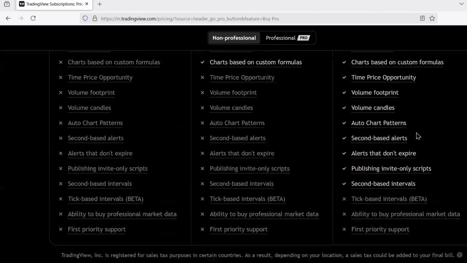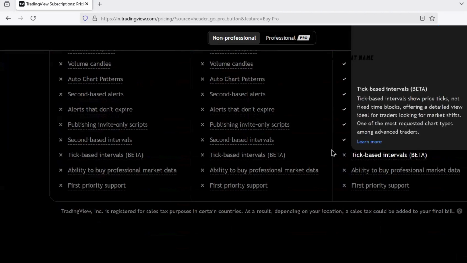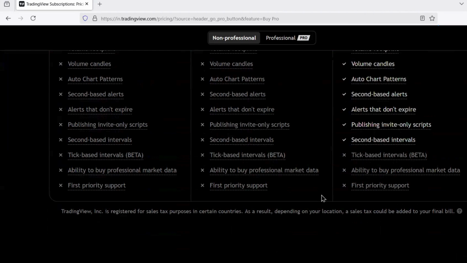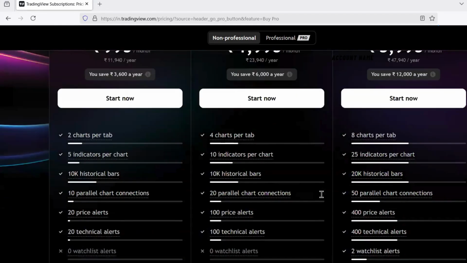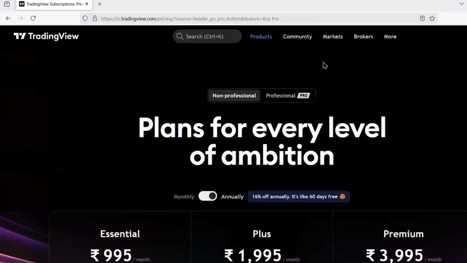Okay, so I do have a question here for someone who is getting started. Do they need to take some plan, and which plan do you generally use? No, not really. You can use the free plan.